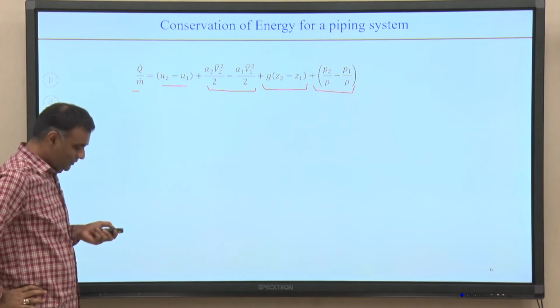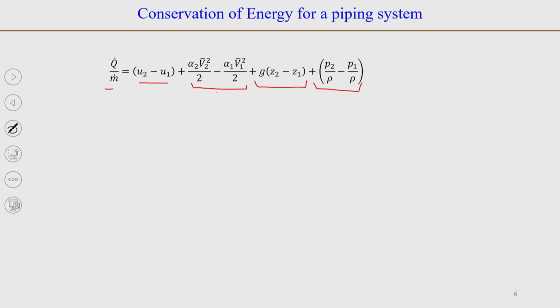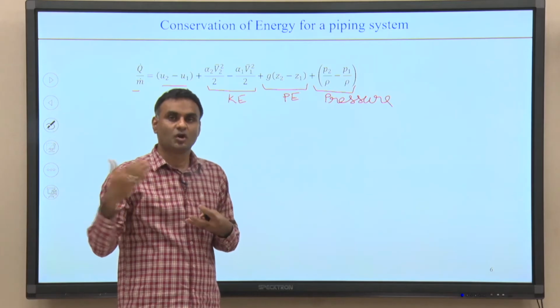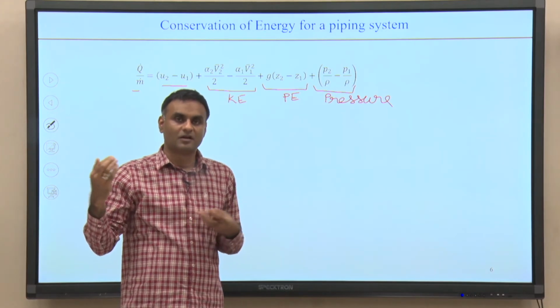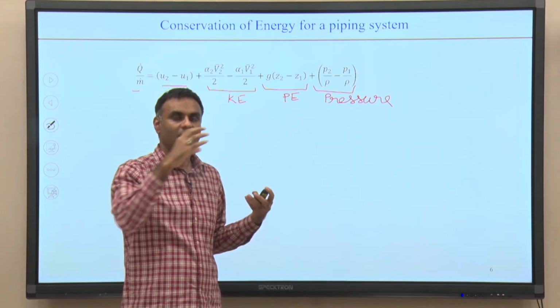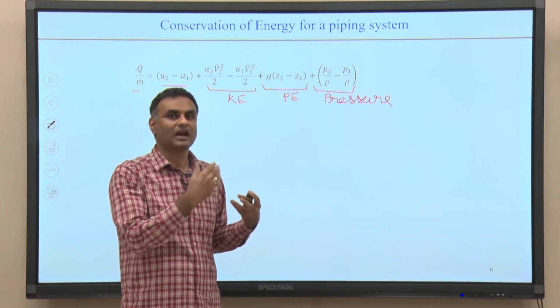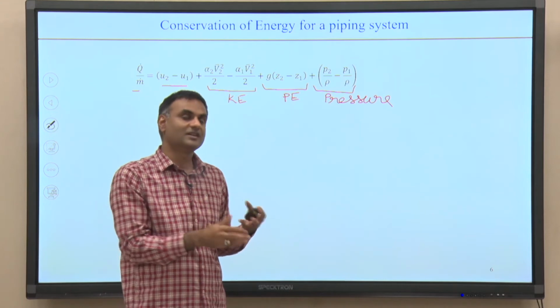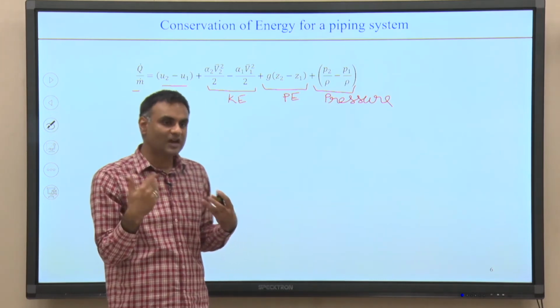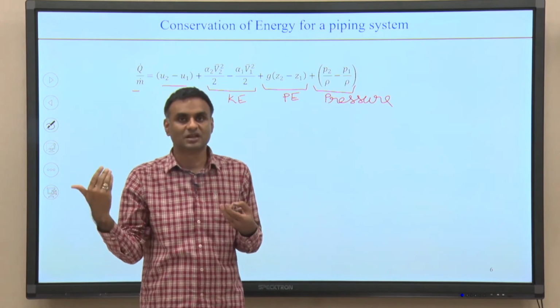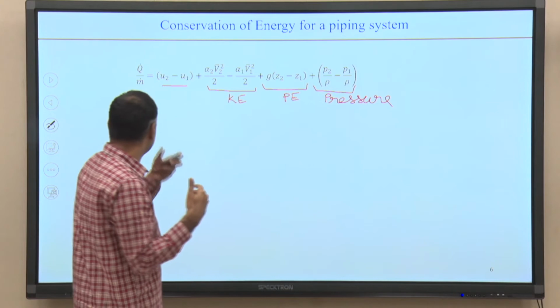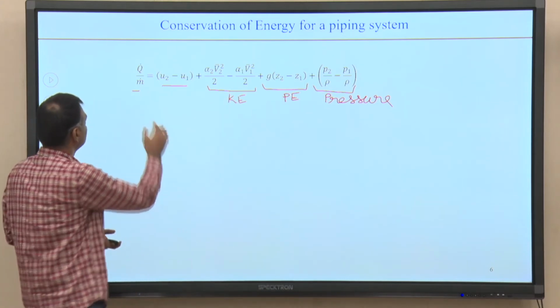So, if you remember, we have three familiar terms: the kinetic energy, potential energy and pressure. The sum of these three is constant along a streamline when we talk about Bernoulli's theorem, and the assumption there was that you have an ideal fluid, the inviscid fluid. Now, if we consider the viscous fluid, when you have viscosity, there will be friction at the walls. So, the friction comes into play. To take into account the losses due to friction, you have these two terms.